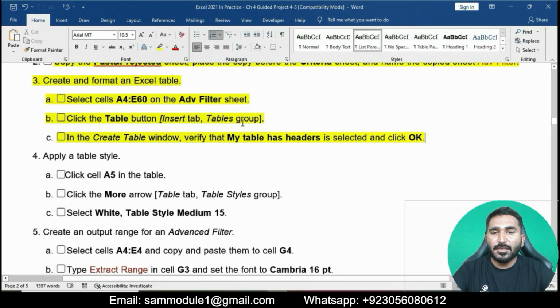In the Create Table window, verify that My table has headers is selected and click OK. First we will select cells A4 to E60 on the ADV Filter sheet.